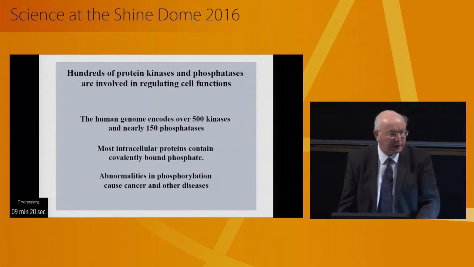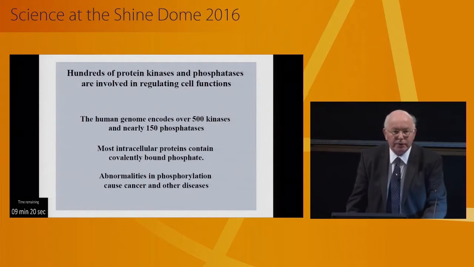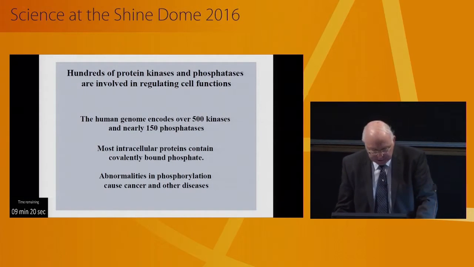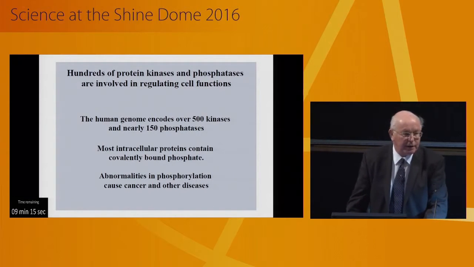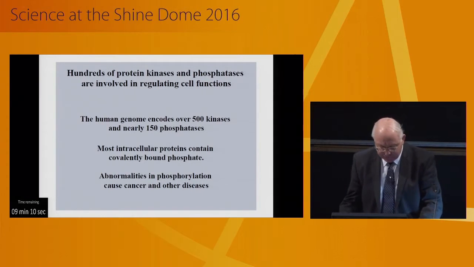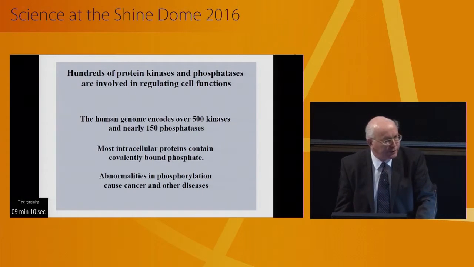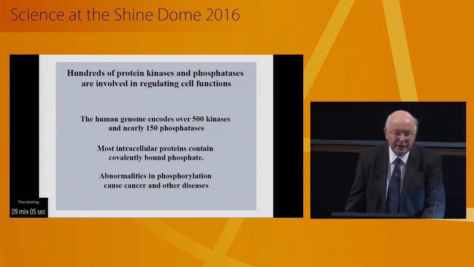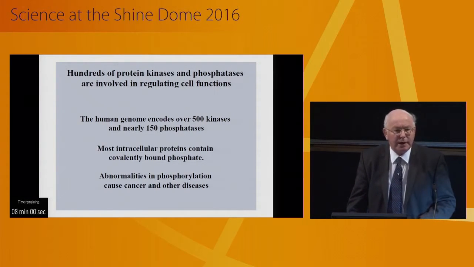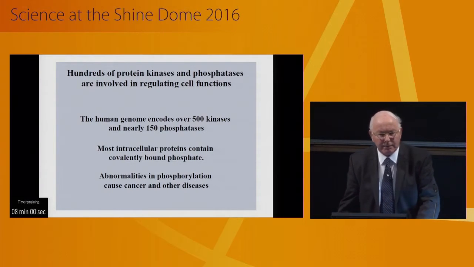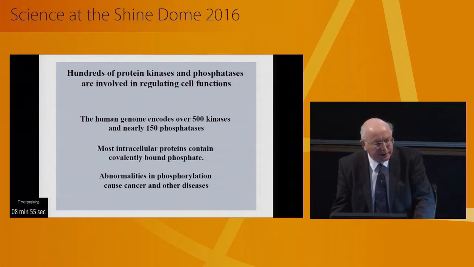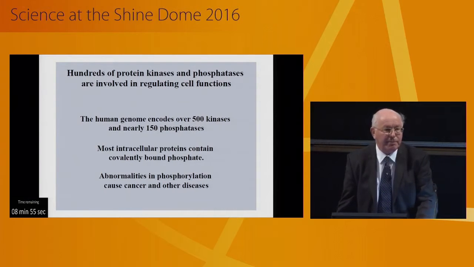We now know that most intracellular proteins contain at least some covalently bound phosphate, and that abnormalities in the amount of phosphate in proteins, called phosphorylation, is a cause of cancer and many other global diseases. But the idea that you could actually target these kinases and phosphatases to develop drugs to treat diseases was considered to be an impossible dream